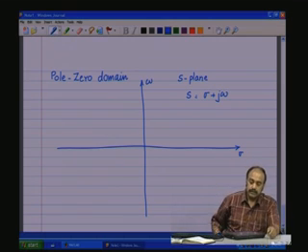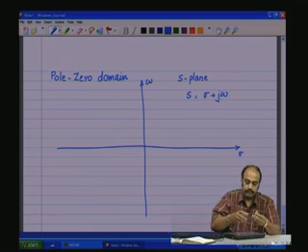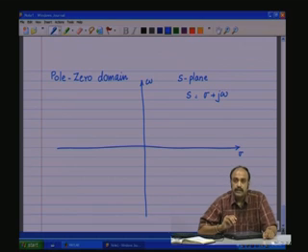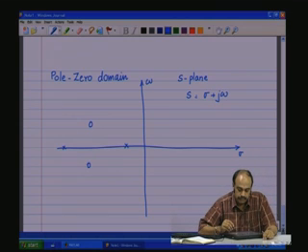So, the S plane is basically a representation of the physical system which will give you an idea of the poles, location of the poles, zeros of the system. The poles of the system are nothing but,